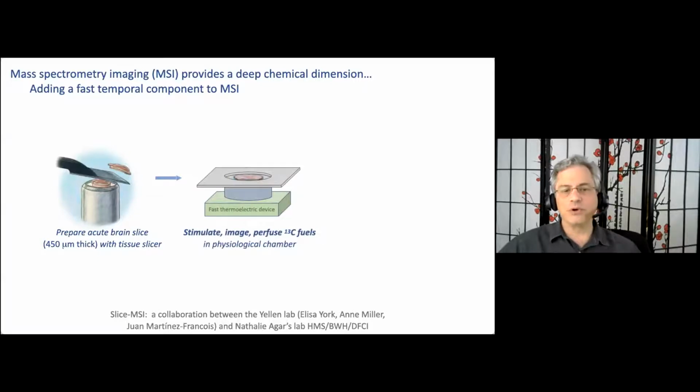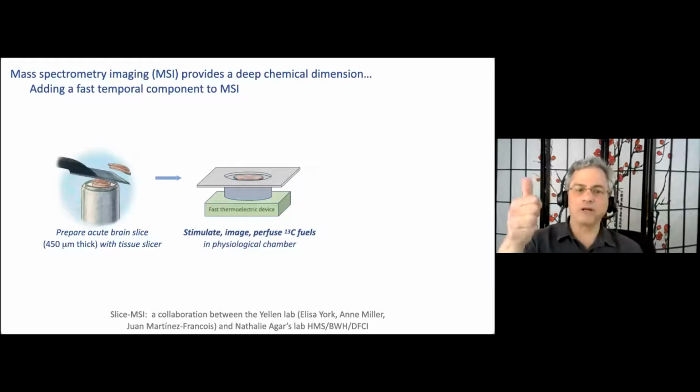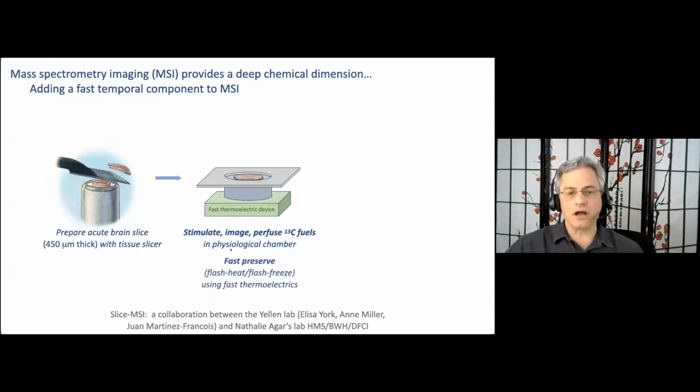And then we can put this in a physiological chamber where we can stimulate either with an electrode or with optical excitation or with chemical excitation. We can image fluorescently while we're doing that, and we can perfuse C13 fuels. So very good manipulation. But because mass spec imaging is not live cell imaging, we need fast preservation, which we